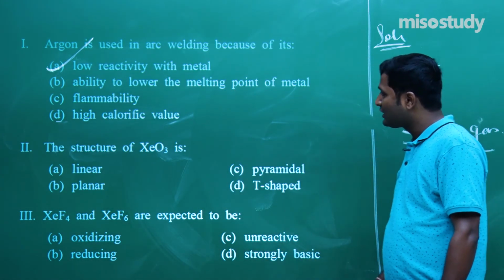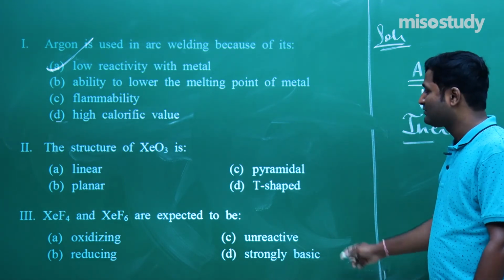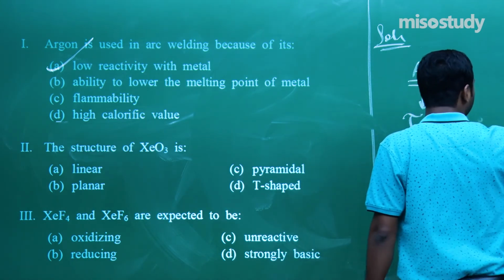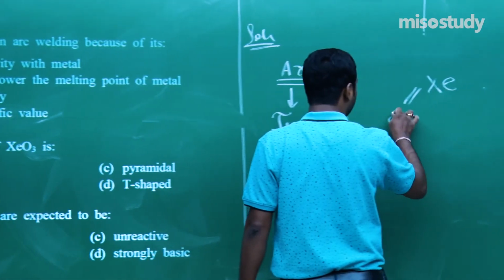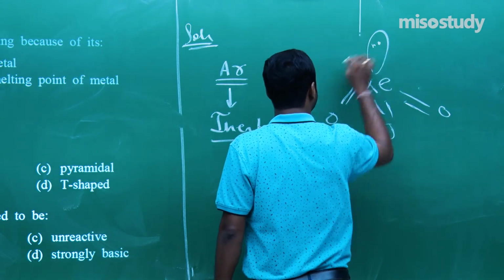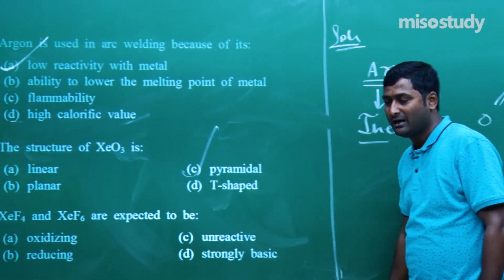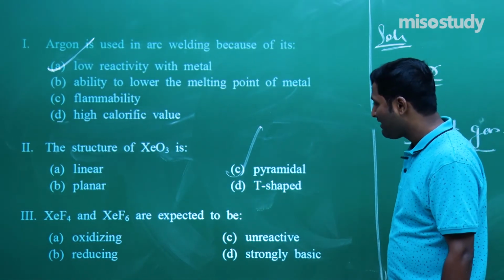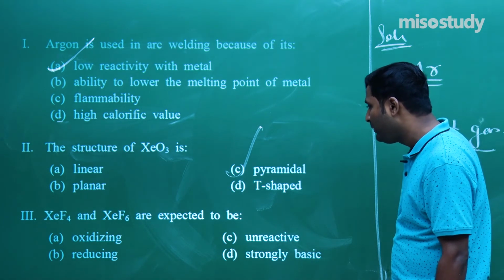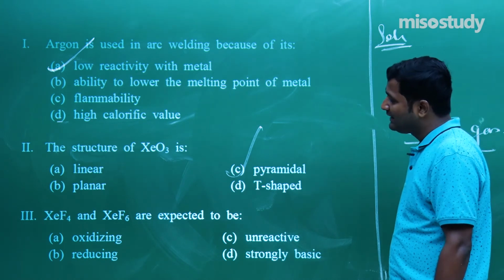Now the structure of XeO3. You can easily say, sir, this is one of the simplest questions. The structure of XeO3 is like this, with the oxygens, and the structure is pyramidal. Now XeF4 and XeF6, as we know, are generally